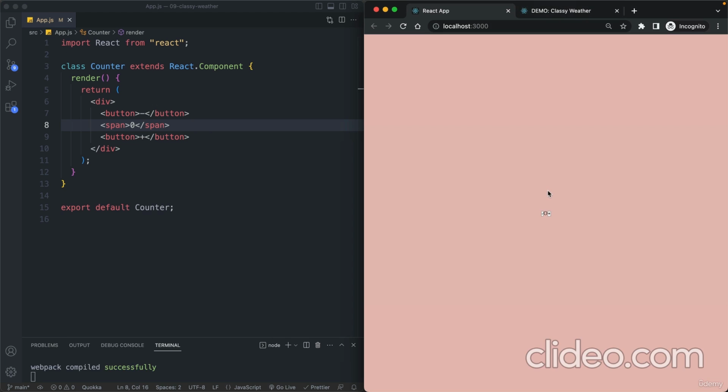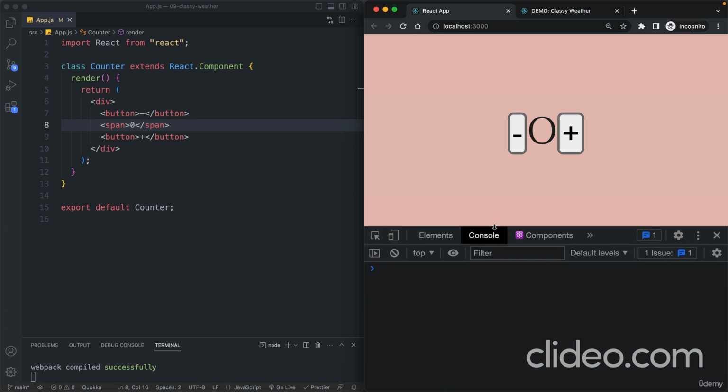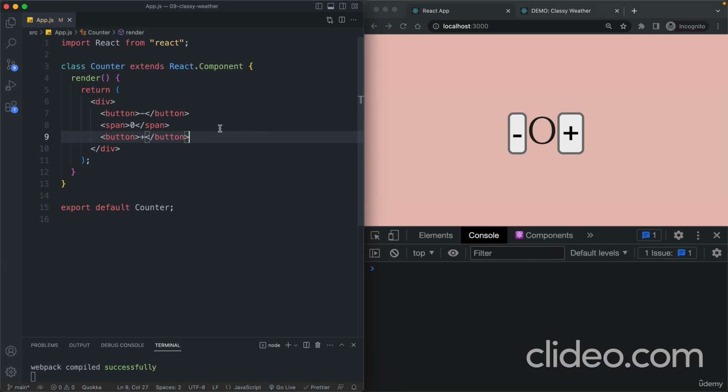And there it is. Well, that doesn't look really nice. Let's make this really big so we can actually see something. Also, as always, let's bring up our developer tools. And okay. So next up, let's actually add some state to our component, which works in a very different way